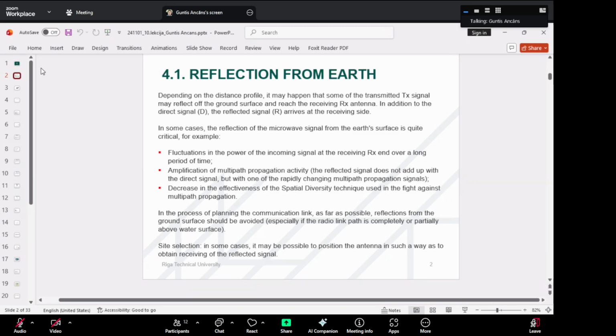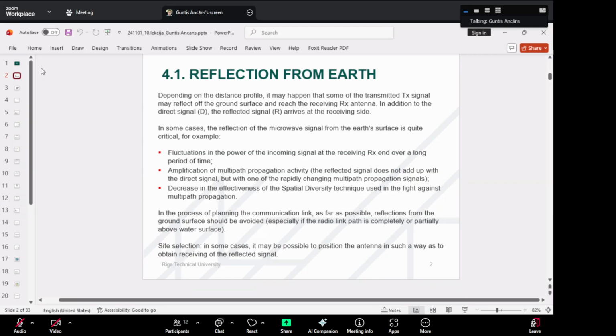surface and reaches the receiving antenna. In addition to the direct signal, the reflected signal arrives at the receiving side. In some cases, the reflection of the microwave signal from the surface is quite critical. For example, fluctuations in the power of the incoming signal at the receiving end over a long period